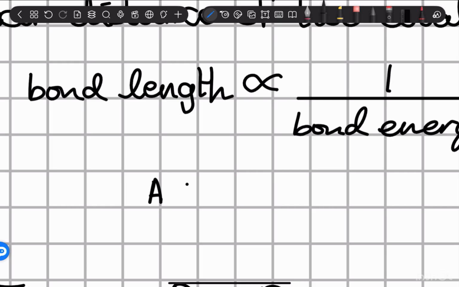The reason why this makes a lot of sense is because, let's say you have atom A and atom B, and the length is really, really short. The bond length is, let's say, 1 nanometer, even though that's probably highly inaccurate. And then we have atom A and atom C. I'm going to say this is 2 nanometers. What this means is the electrons in this bond are attracted